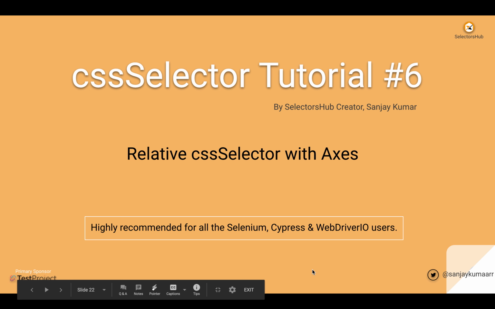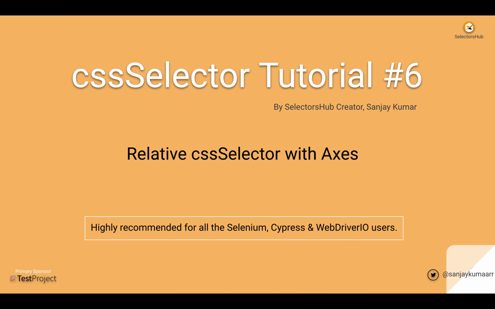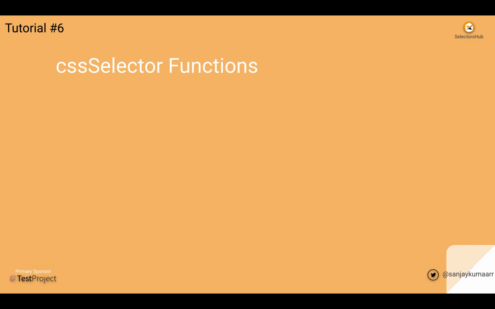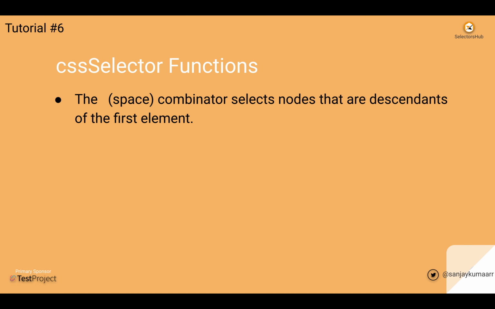Hello friend. In this lecture we will learn about some really good functions in CSS selector and we'll try to write relative CSS selector with axes and we'll learn about them. So there are a lot of axes functions like we have learned in XPath. These are really good. The very first one, the space combinator, which we have already seen in the previous lecture,